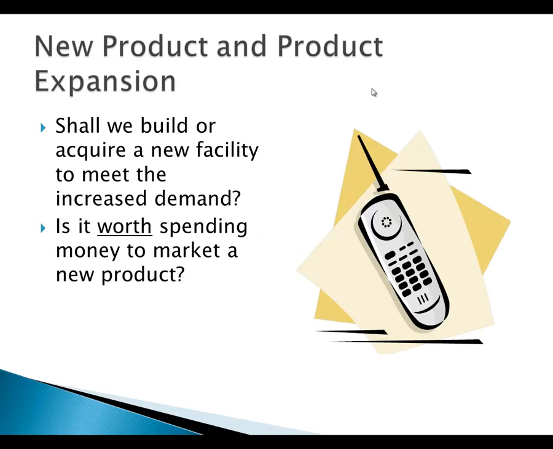When adding a new product to the company's line of production, there are lots of factors to be considered. Do we have the right equipment for production? Do we have the space? Do we have enough money? What are the risks and the uncertainties associated with that? Shall we build a new facility? Is it worth spending the money? All information will be analyzed and the proper decision will be made based on the evaluation of existing alternatives and the selection criteria.